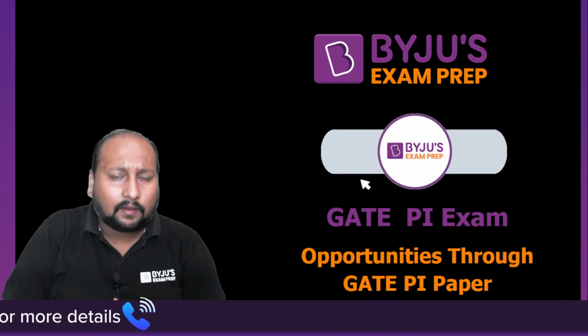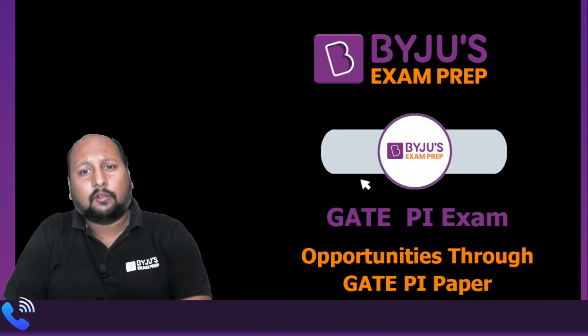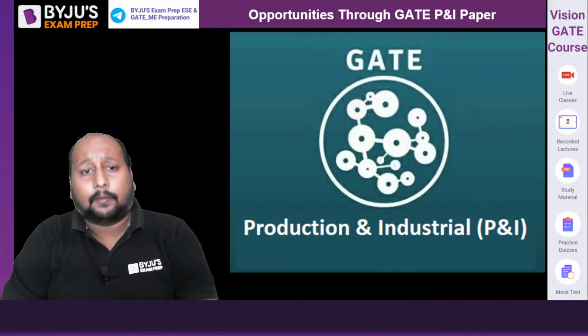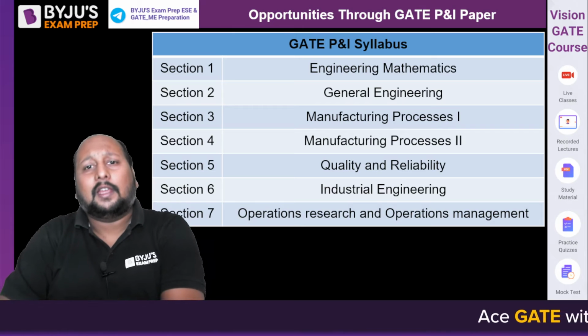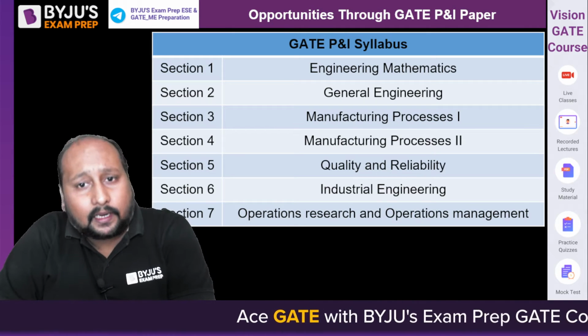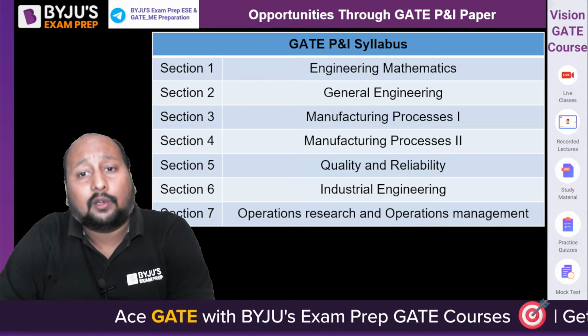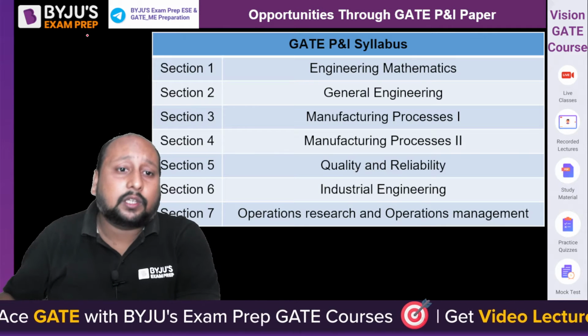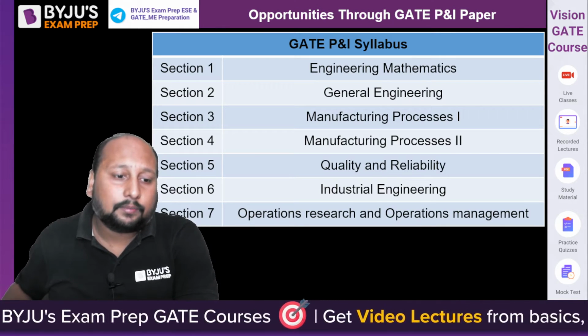Just like last week we talked about the XE paper, this video will be talking about the GATE PI paper. Now, if I talk about the syllabus of GATE PI, it comprises 7 sections. We have general mathematics and aptitude combined. We have section 2 as general engineering, which comprises multiple subjects like